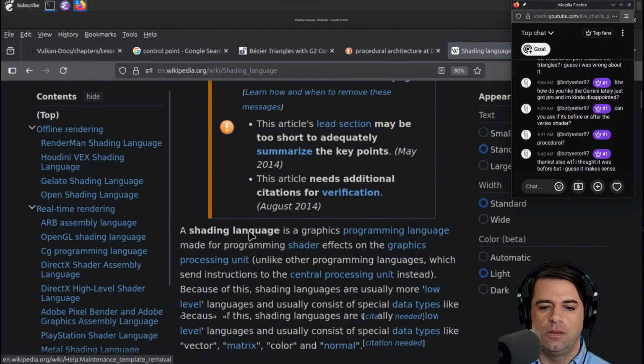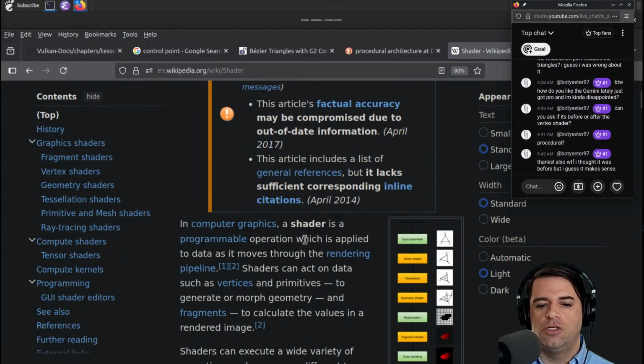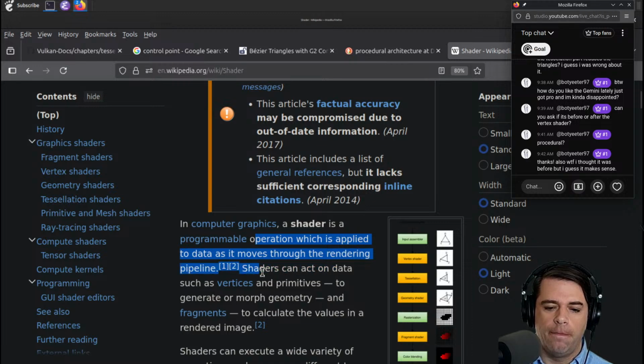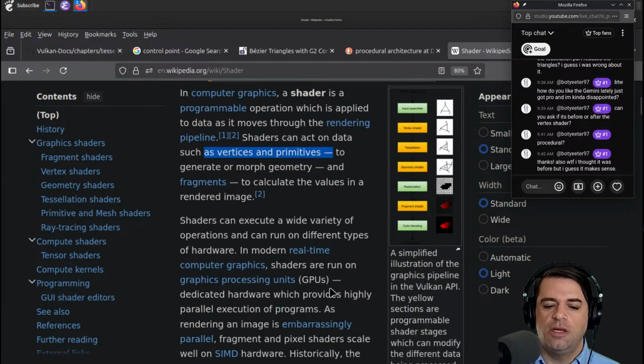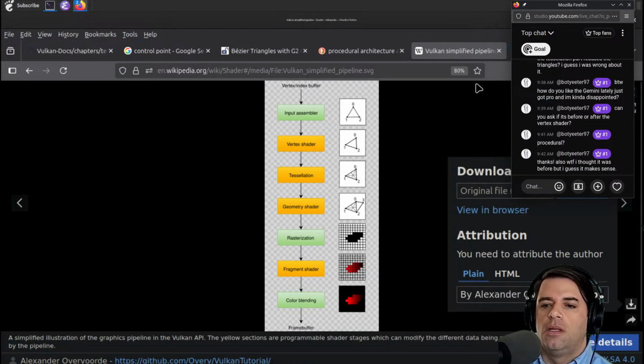Shading language. So a shader is a programmable operation which is applied to data as it moves through the rendering pipeline. And they can act on vertices. Yeah, so there's nothing in particular about shaders. Here's an example of, I think, what